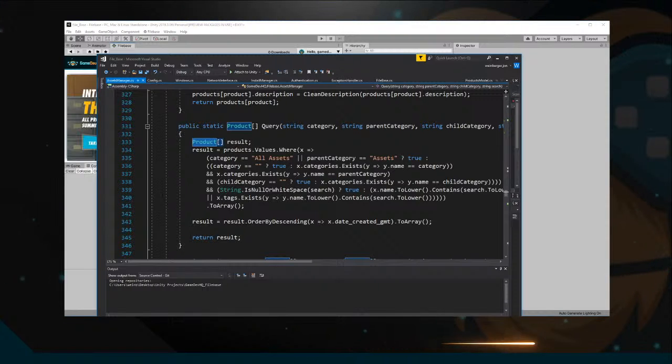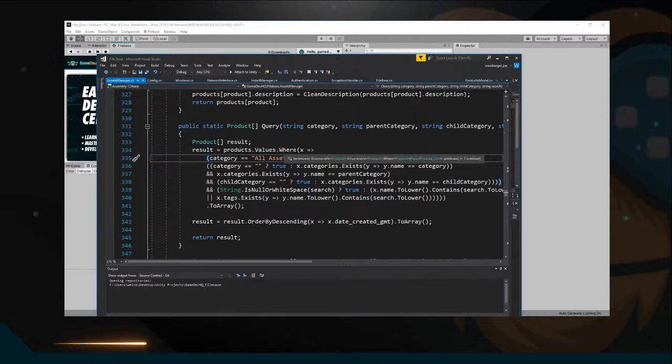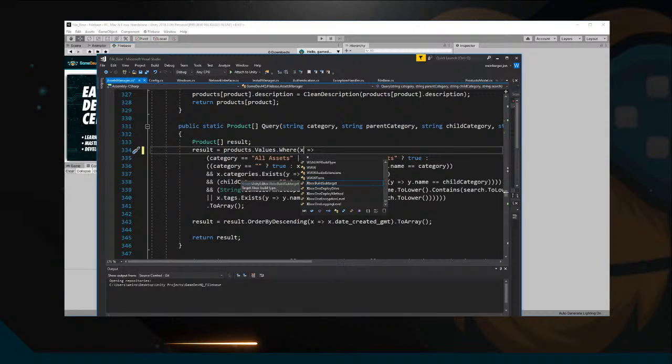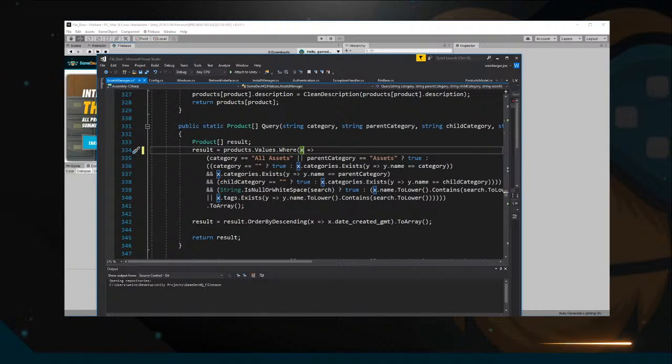God, guys, LINQ can literally make your brain hurt so bad. Let's see. So let's take a look at these conditions that we're doing here. Results equal product values dot where the product. We're comparing a product here, and the product as a whole, not an individualized value. Like I'm not saying x dot category. I'm literally just checking for x as a product, and we're saying, for each x,